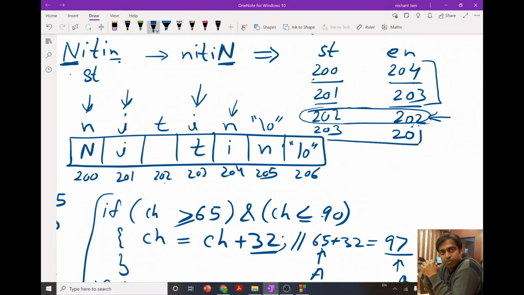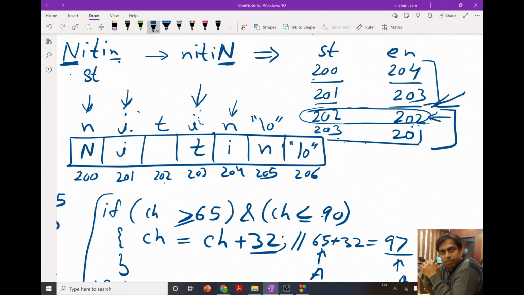Also, 203 is this I, the second last character, and 201 is the second character. Since we have already compared the second last and second character, we do not need to compare again. So we can stop over here.